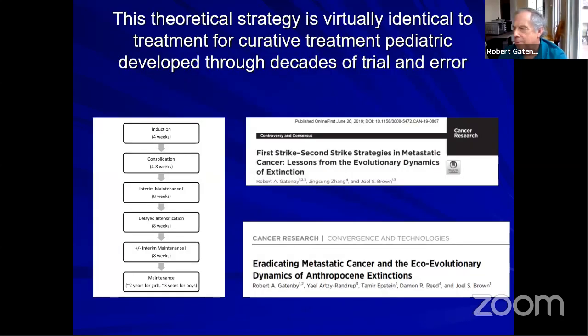Now, some of you may say, that sounds familiar, and it should be, because this theoretical strategy, it turns out, is identical to the empirically derived strategy that's been used to curatively treat pediatric leukemia for a decade or more. They give an induction therapy, which is the first strike. What they typically find after a successful first strike is that there's no measurable tumor in the bone marrow or